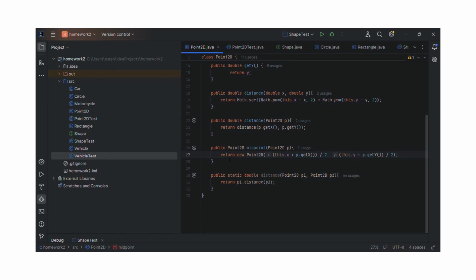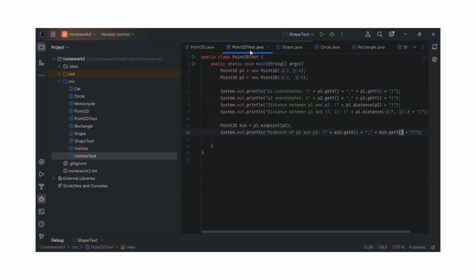And then I wrote public static double distance(Point2D p1, Point2D p2) { return p1.distance(p2); }